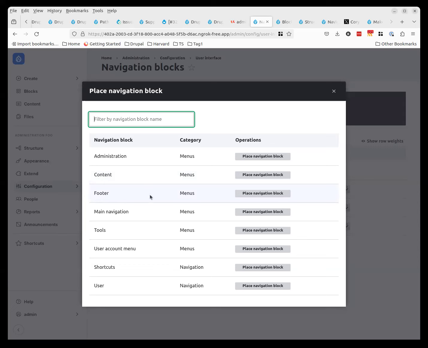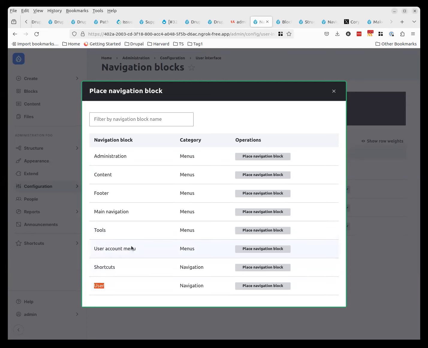And if you take now a look at the list of available blocks to place, you have for one the user account menu and the user you're able to place, and what is everyone's opinion about that? Because for me, it's sort of confusing. I've also already opened an issue in that regard, but what would your choice be? Because for one, you have 2 different blocks available in the context of user, and you not necessarily know which one is the block that is used in the toolbar,